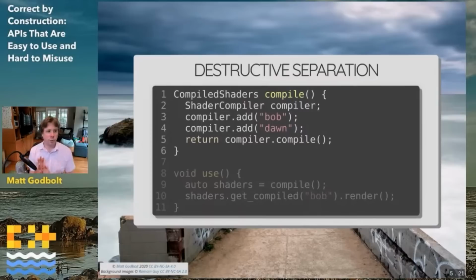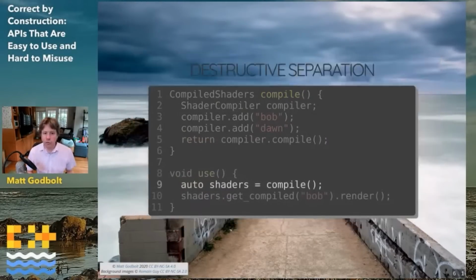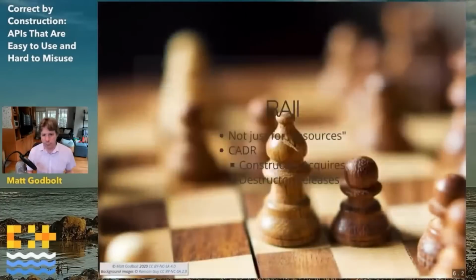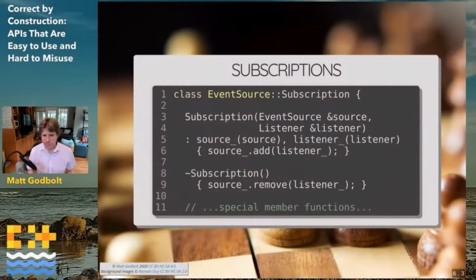Is the compiler clever enough to throw away the copy of the event source reference that is needed for the destruction of the subscription wrapper? So I think what Mike is asking here is about the copy of the event source reference. No, I don't think the compiler can throw that away because it's part of the object itself. And I think you're referring to the fact that my event source has both a reference to the source and a reference to the listener. So on a 64-bit machine, it's essentially 16 bytes of object: event source reference, listener. Yeah, I don't know that it could throw it away necessarily,